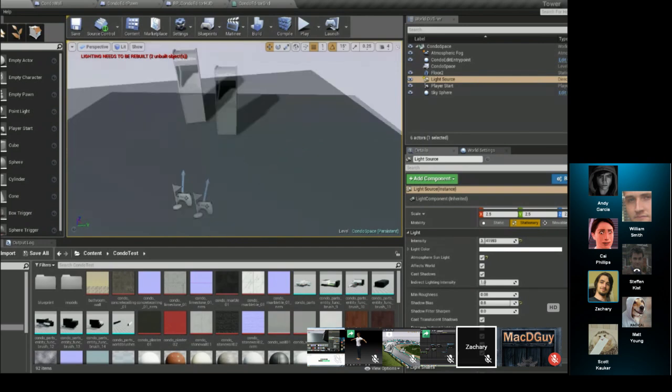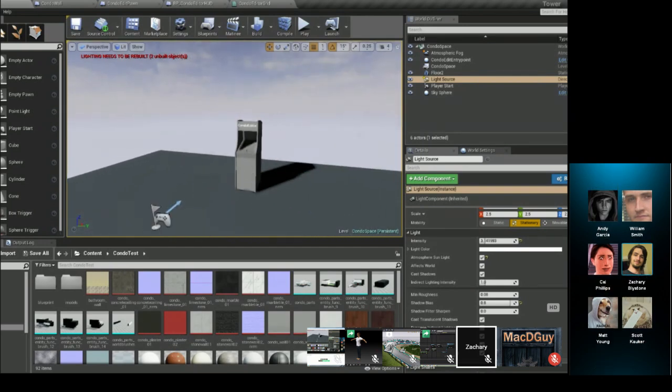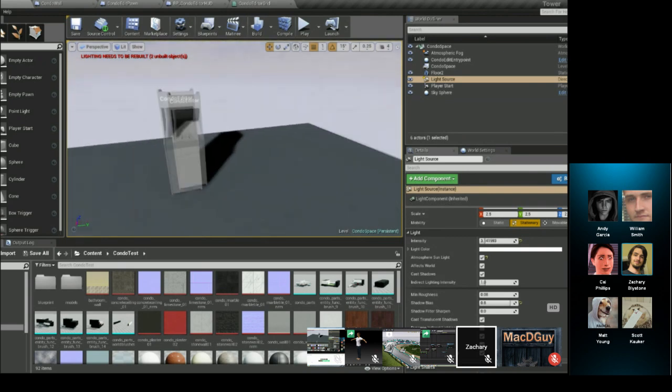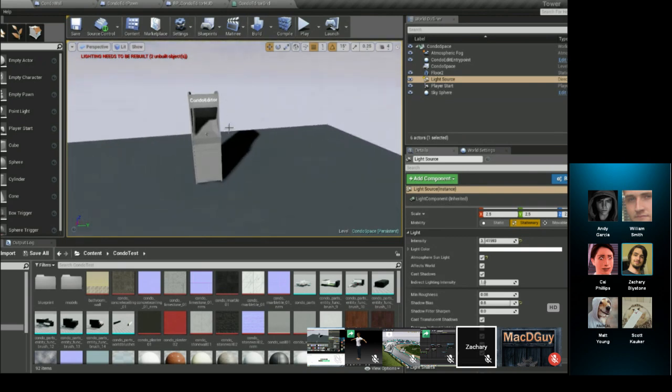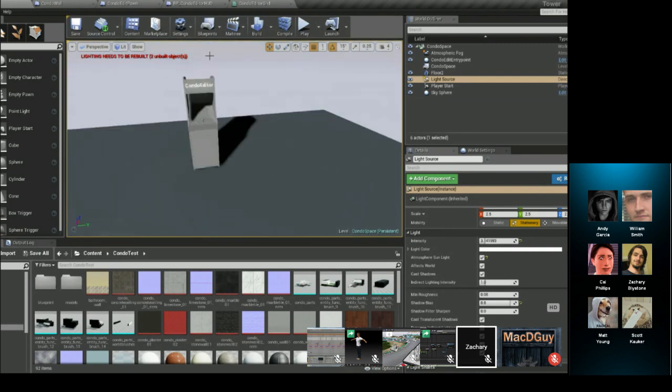Yeah, this is literally a prototype I made today. I was in a car ride and I thought about The Sims and how cool it would be to have a condo system kind of like that. So I just started throwing this together. And in terms of furnishing,